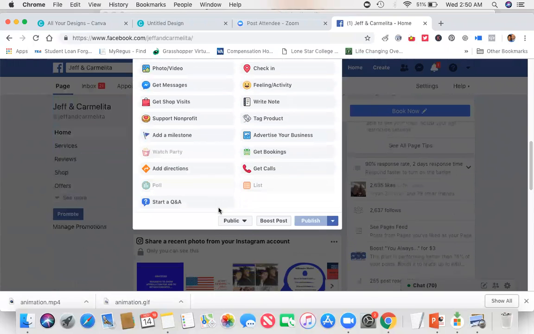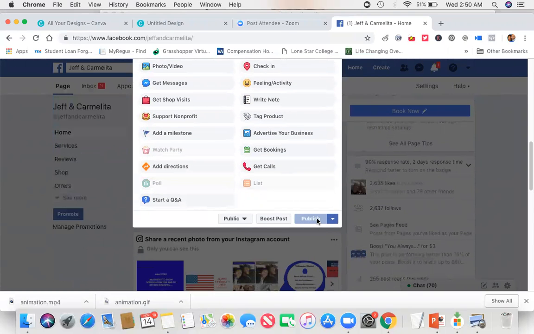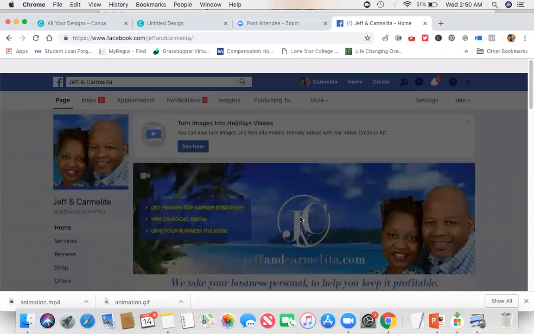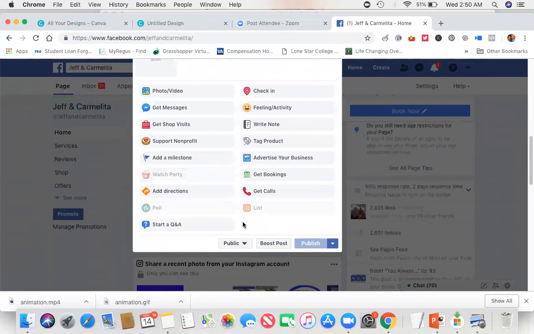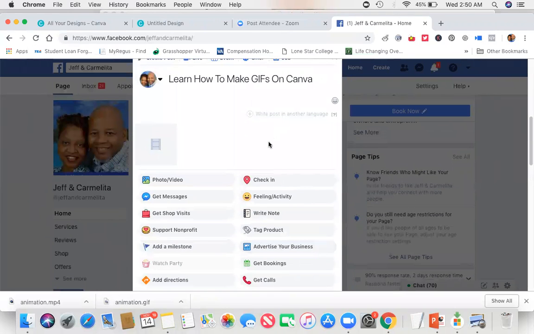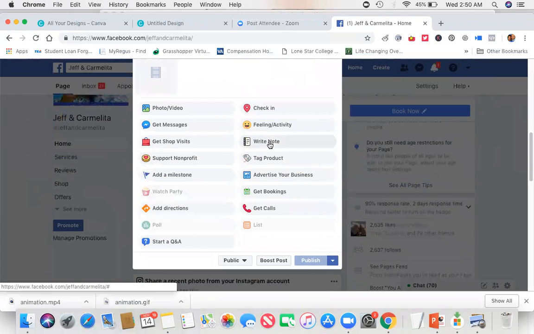Might have to do it as a separate post, but Facebook still hasn't let the full thing upload there yet. So we're waiting on that because it's still in this status here, because the blue button would be publish, and it'd be blue all the way through if it's ready to go. So while we're waiting on that, let's go over here to Twitter